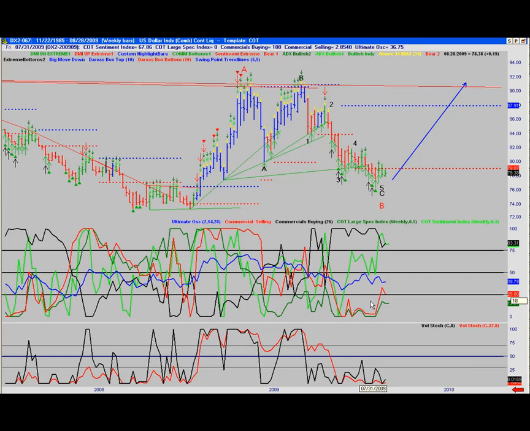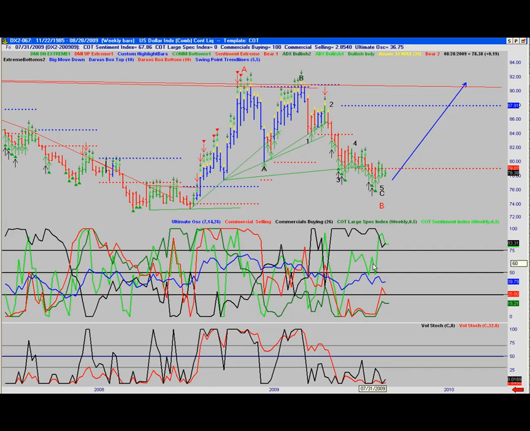What we've seen differently in the last couple weeks is the decrease in commercial buying and the increase in commercial selling. And what that's telling us is that this decline, which we again think is the fifth wave of an Elliott wave C, is coming to a conclusion. In other words, the dollar is bottoming. And while we expect to see choppy behavior in this fifth wave, we do expect that the bottom process has started, and that in the coming weeks and months we should begin to see a dollar rally.